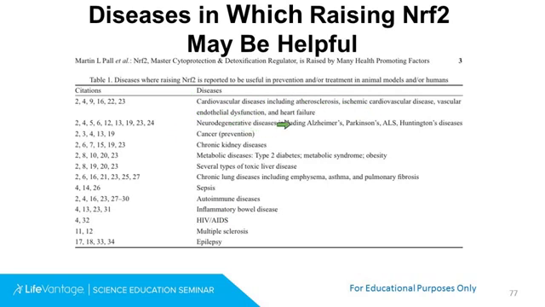neurodegenerative diseases, Alzheimer's, Parkinson's, ALS, Huntington's disease, we've talked about those. Cancer prevention, I've got a few more words to say about that towards the end. Chronic kidney disease, bardoxolone, the drug from Reata, was looked at initially in chronic kidney disease. It looked very promising, but they had some problems with side effects.